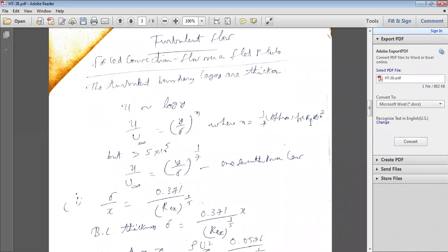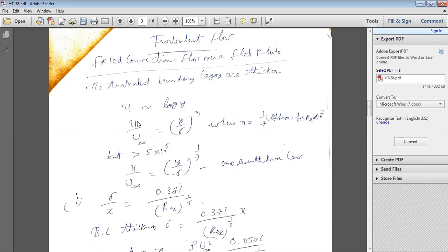Approximately for Reynolds number less than 10 power 7 and greater than 5 into 10 power 5. If it is less than 5 into 10 power 5, that is laminar flow. Don't worry, now we are considering only turbulent flow. So when the Reynolds number is greater than 5 into 10 power 5 and less than 10 power 7, you